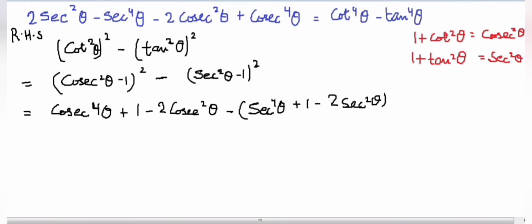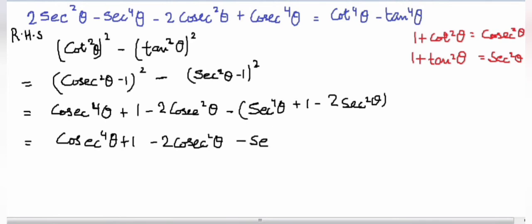Now I will open the bracket. Opening the bracket I will get the same terms here, cosec power 4 theta plus 1 minus 2 cosec square theta minus, now the sign will change of sec terms, so you will have minus sec power 4 theta minus 1 and minus 2 sec square theta. Now we can cancel out minus 1 and plus 1. So here I am cancelling out your minus 1 and here your plus 1, and our remaining part is cosec